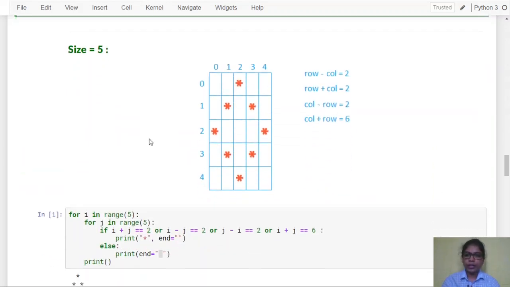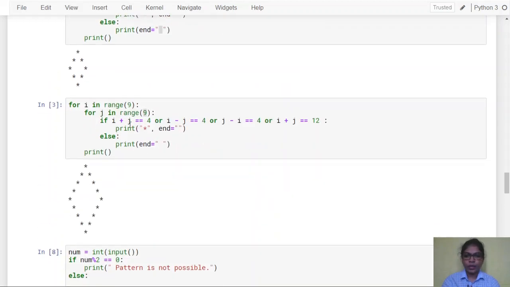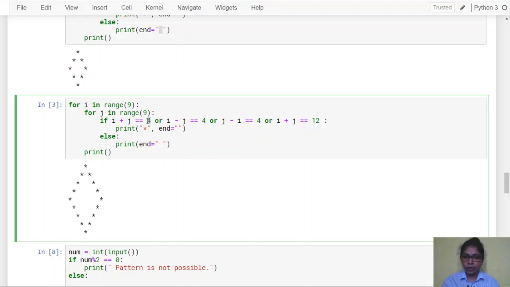Similarly 5 is the size. If we divide the size by 2, you will get 2.5, and if you consider only the integer part, then we will have only 2. So 9 divided by 2 gives you 4.5. If we consider the integer part, again we will get 4. So in this way we can calculate this number, and now the remaining is this.